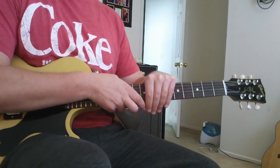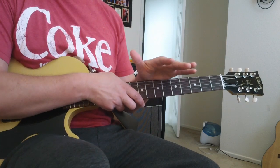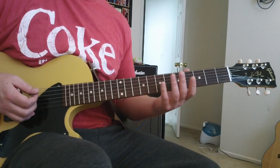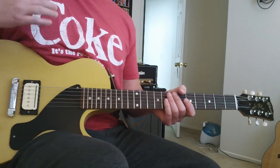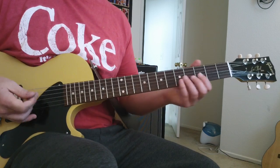But I think the most important thing when you play the octaves is to not have any other notes ring out. So really work on keeping the other strings muted. Because if you have strings ringing out while you're doing octaves, it sounds terrible, but when you get them silenced, it sounds really awesome. So, okay, so we got...